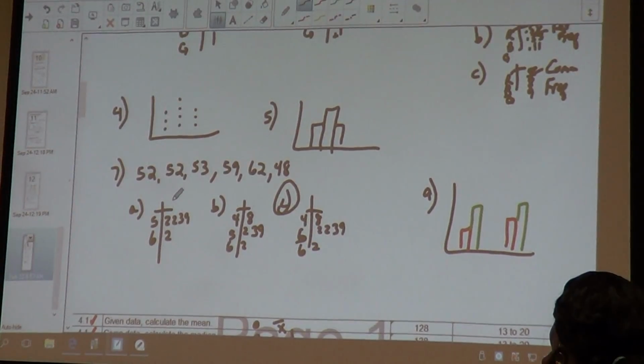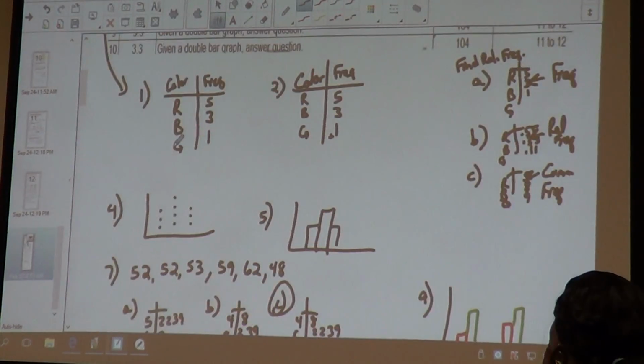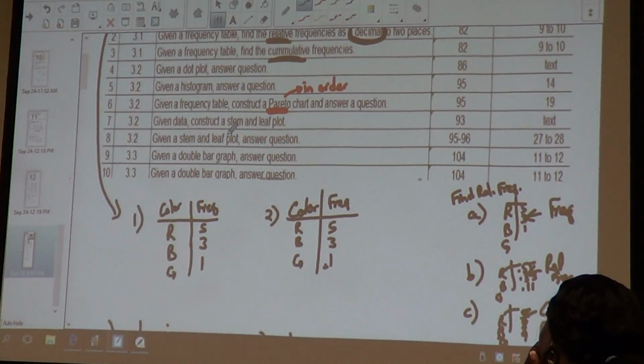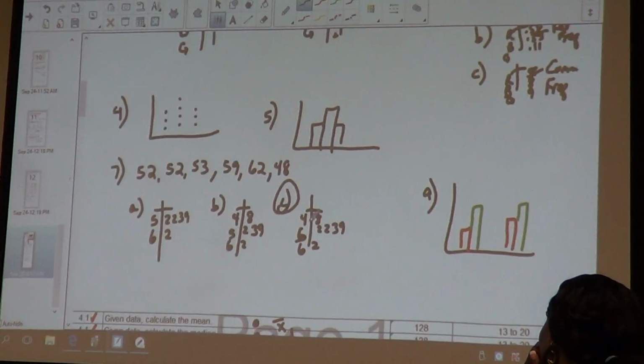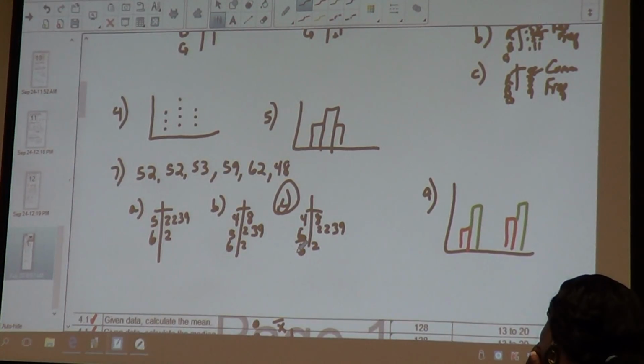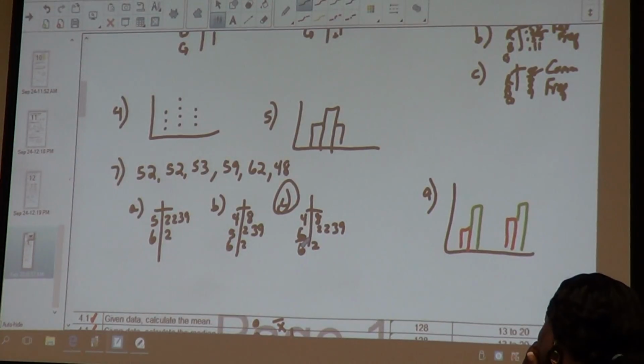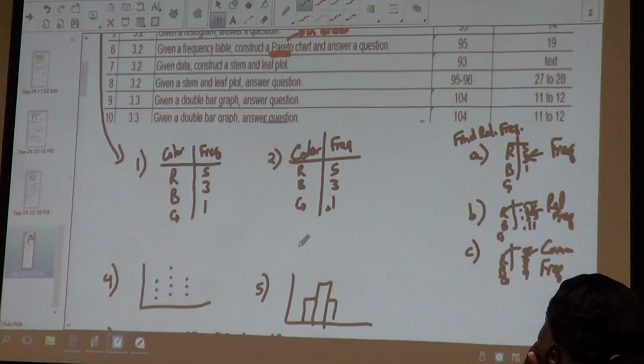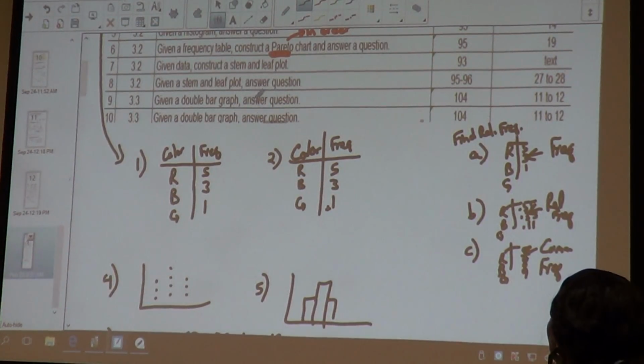Then I'm going to go to number 8. Given a stem and leaf plot, answer questions. So if I give you this, I may say who's the oldest, who's the youngest, which decade had the most people. Given a double, and you have two of